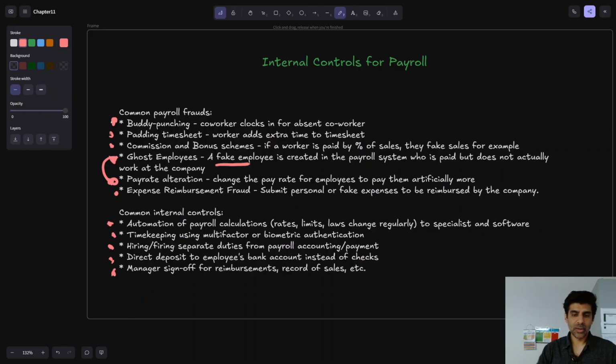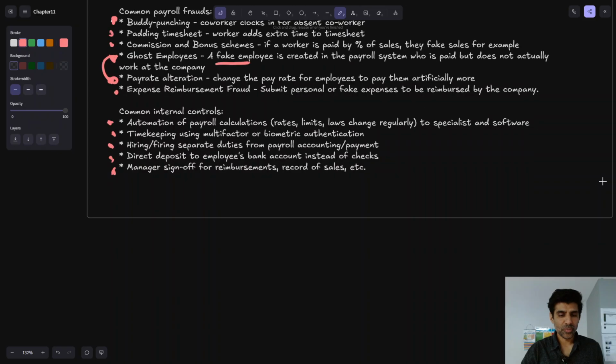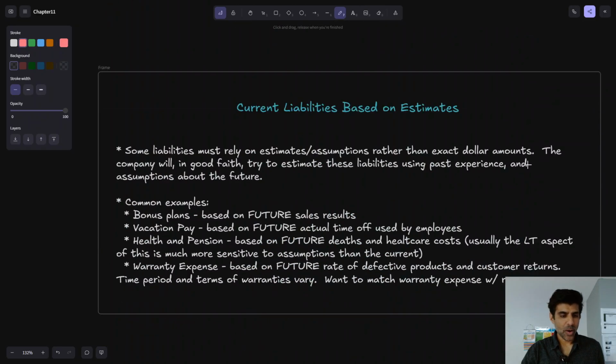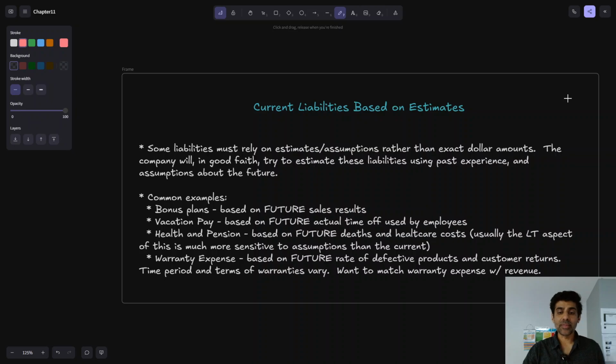Okay, so this is all internal controls. Any questions on this or comments? No? Okay, so the other topic that's covered in the chapter is liabilities that are based on